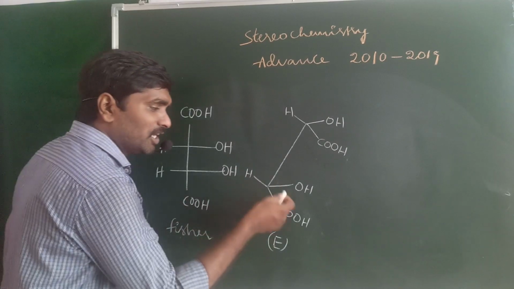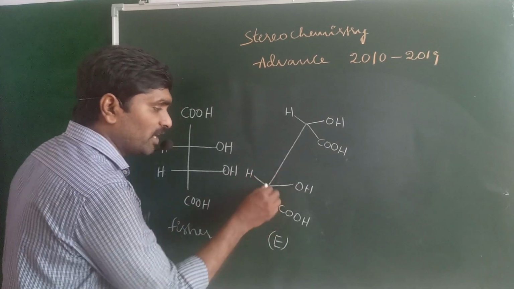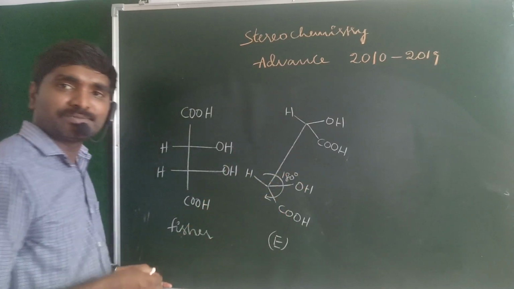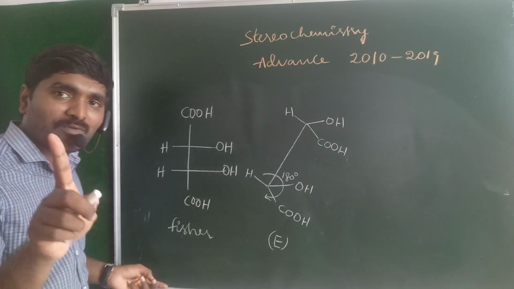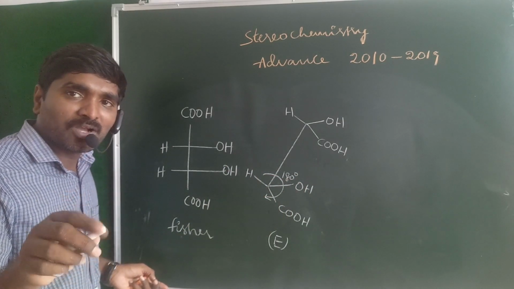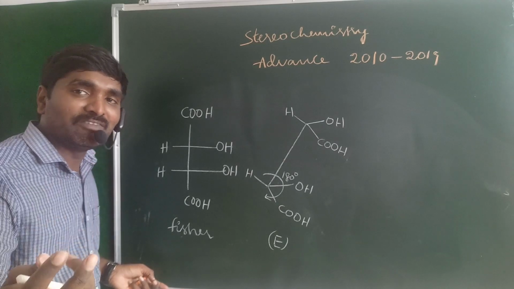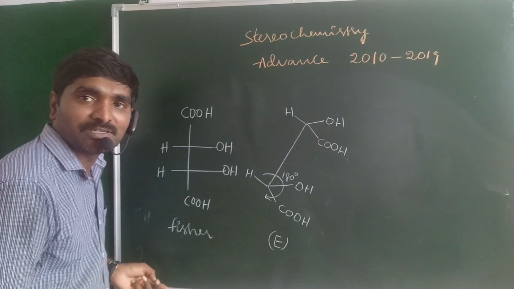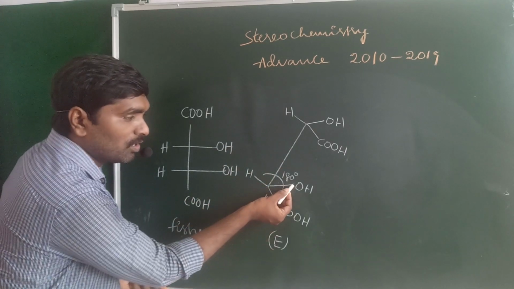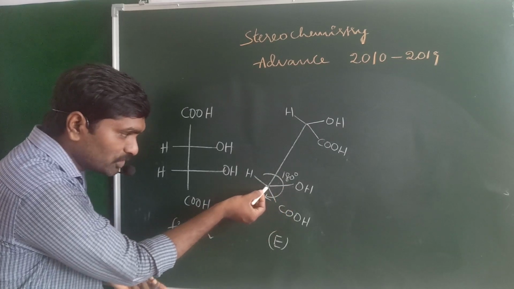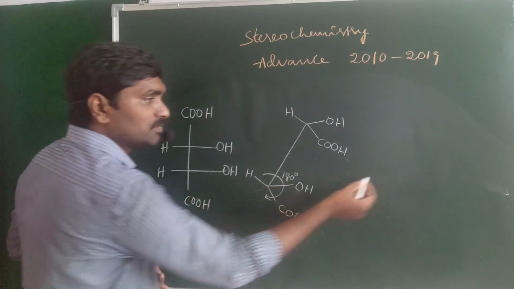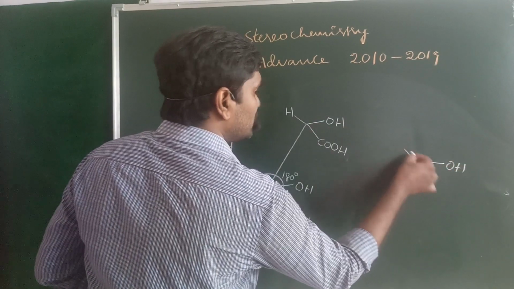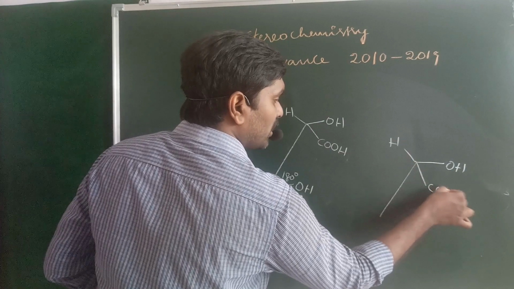You will just change the configuration of only one atom by 180 degrees. I'll just rotate this atom by 180 degrees. When you do only one change, an odd number of changes, the configuration changes. When you do an even number of changes, there is no change in configuration. I'll do only one change, an odd number of changes. So this OH attains the position exactly 180 degrees away. The backside carbon has the same configuration. There is no change in the backside carbon.